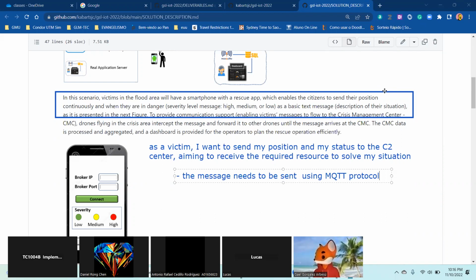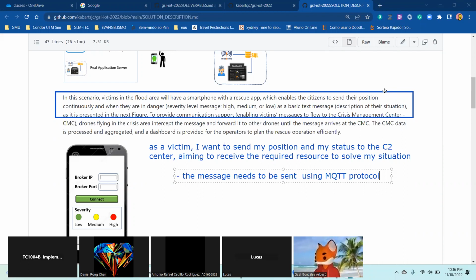But you need to describe the requirements as, for example, the user connects to the network or sends a message to the central C2 center using a Wi-Fi connection, something like that. But you don't need to describe, for example, the emulation. You emulate parts of the scenario; you can, but you don't need to.